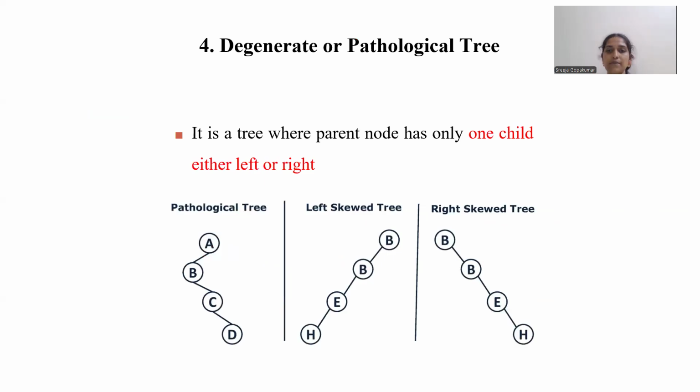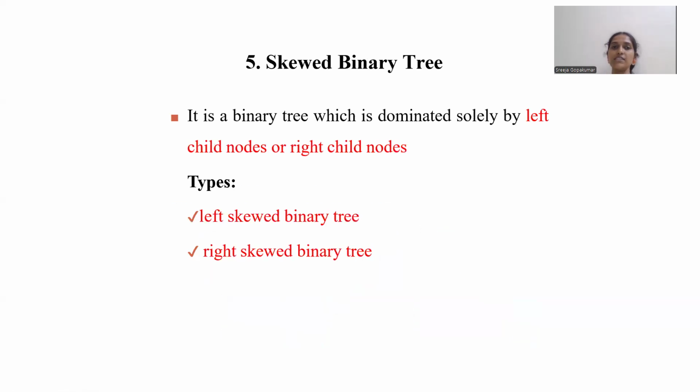In this example itself, we can see. Left skewed binary tree means each and every parent is holding only one child. Since it is a left skewed tree, each parent is holding the values to the left of it. When coming to the right skewed binary tree, here also each and every parent is holding only one child, that is to the right of it. Yes, so that is your right skewed binary tree. So these are the 5 different types of binary tree.